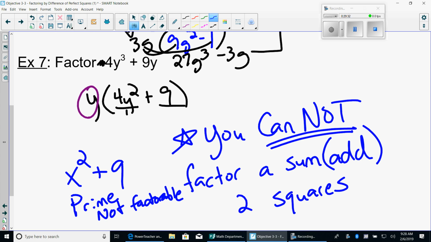Okay, you just can't do it. Does everybody understand that? You cannot do a sum of two squares. It has got to have a subtraction in order for the puzzle to work. All right, so